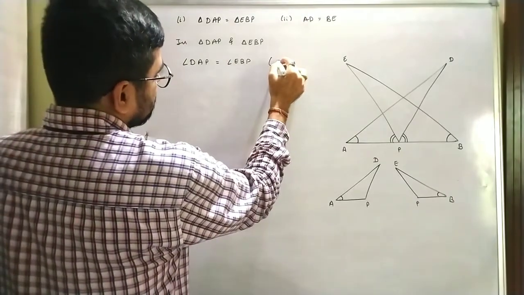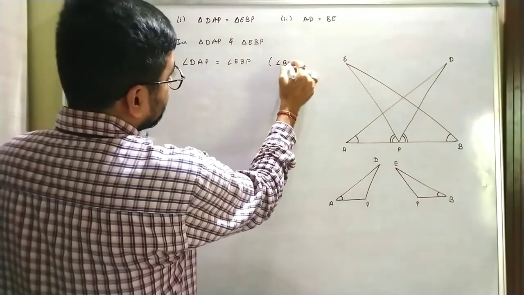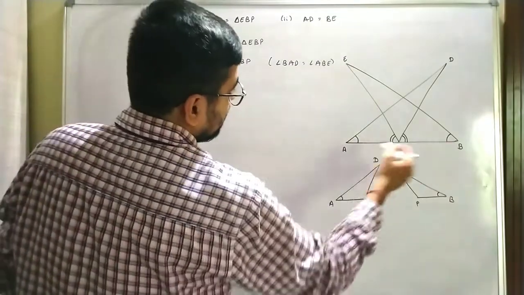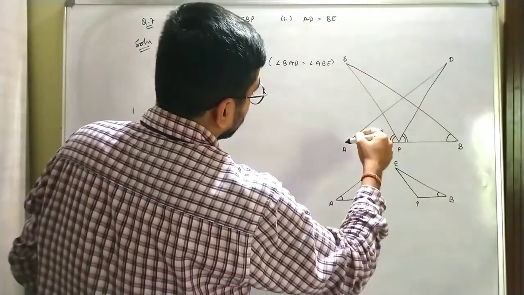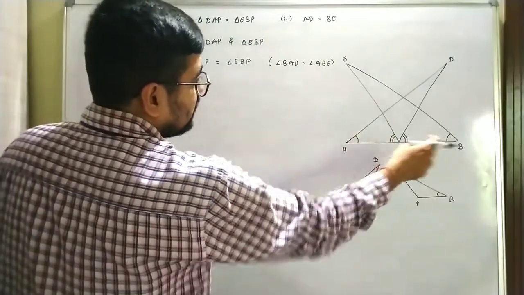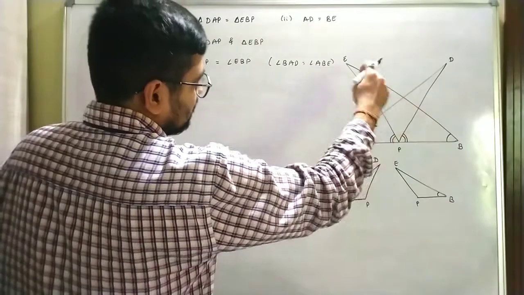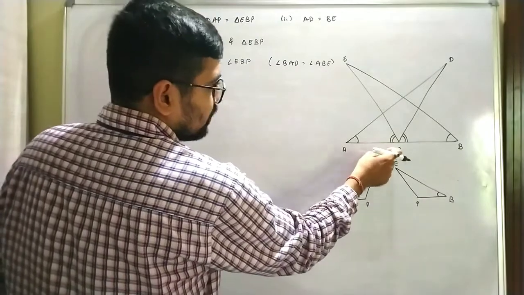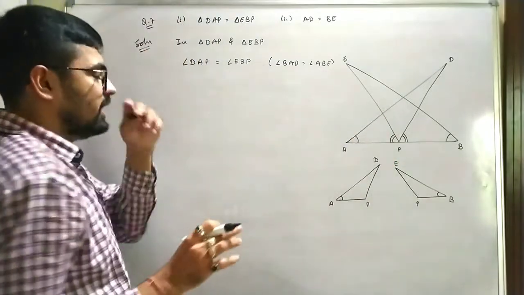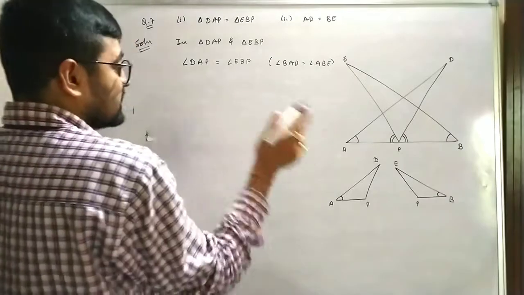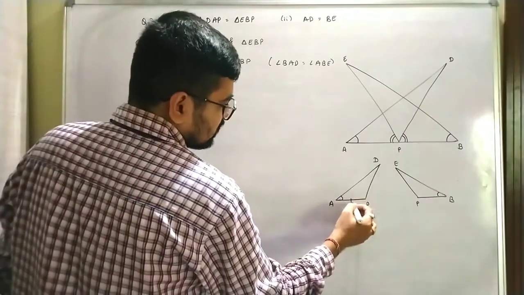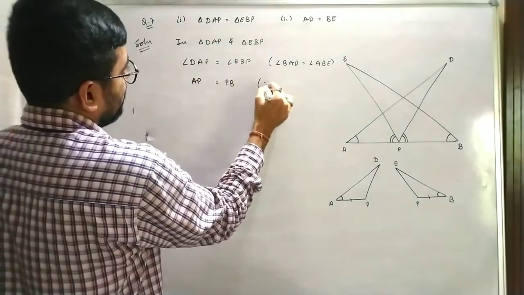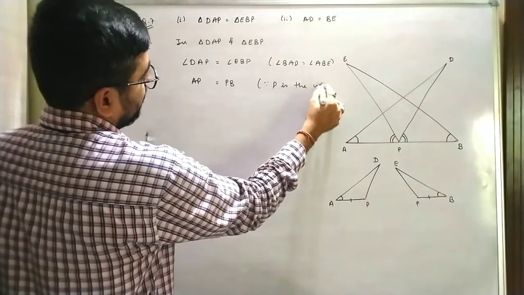Correct. Why? Because angle BAD is equal to angle ABE. BAD, this angle, and ABE नहीं होगा ना, BAD ABE. Correct. That is EAB. Same thing. EBA. Simple. So these two angles are equal to us. P is the point on the same line AB, so we can easily say DAP and EBP. Correct. Second thing what we know is P is the midpoint, so AP and PB is going to be equal because P is the midpoint.